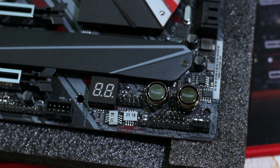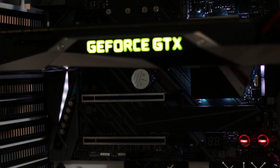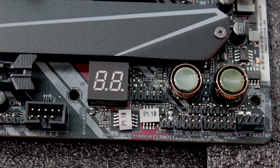Other features worth mentioning, which some manufacturers love to skip and only use on the top-of-the-line motherboards, are the debug screen and the power and reset buttons. These features are invaluable, especially since the 2-digit display is capable of real-time CPU temperature showcasing. Right under them you can easily spot the two BIOS chips. This is the case because the Phantom Gaming 9 has a dual BIOS setup, so you have one backup BIOS